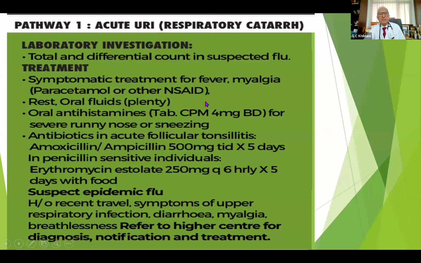Oral antihistaminics can be given. It could be chlorpheniramine maleate, 4 milligram twice a day, and long-acting antihistaminics are also available nowadays, like levocetirizine or fexofenadine. Antibiotics: if you see the tonsils are enlarged, and if you see the pus point, that means this patient has tonsillitis, then amoxicillin or ampicillin, 500 milligram, 3 times a day is the drug of choice. Erythromycin is not so well available, but erythromycin is a macrolide, and longer acting macrolides are also available.